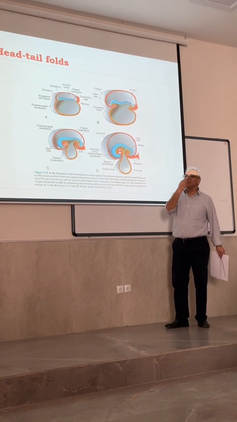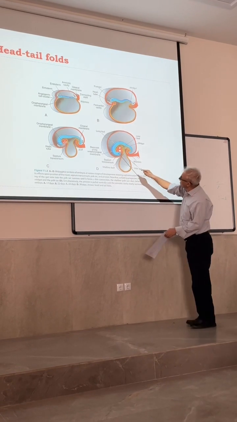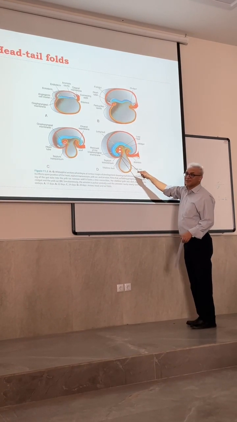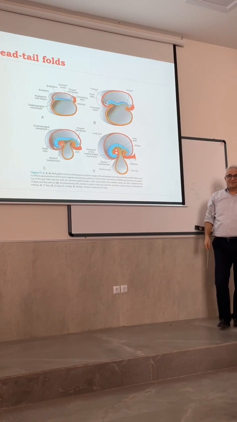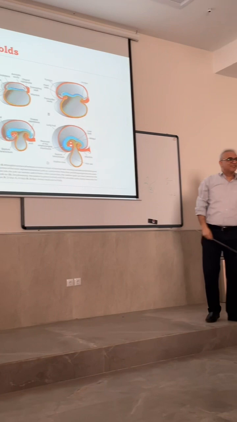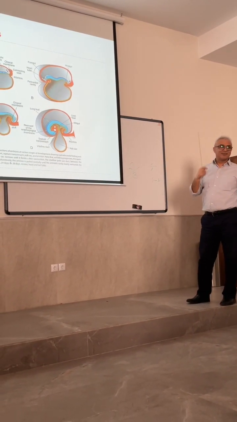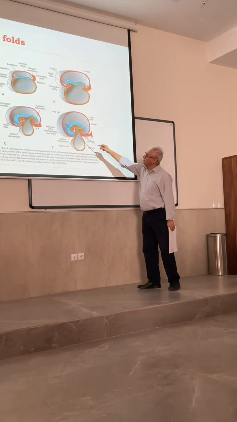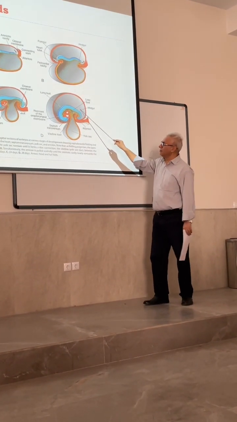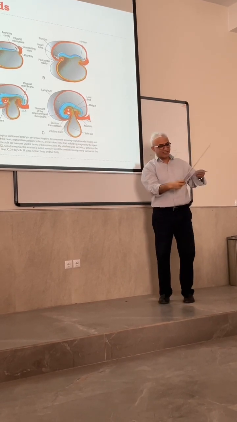And the mouth, for example, here is a mouth. Mouth, okay, that's not a mouse. That's because of the folding, that's craniocaudal folding. Finally, the septum transversum